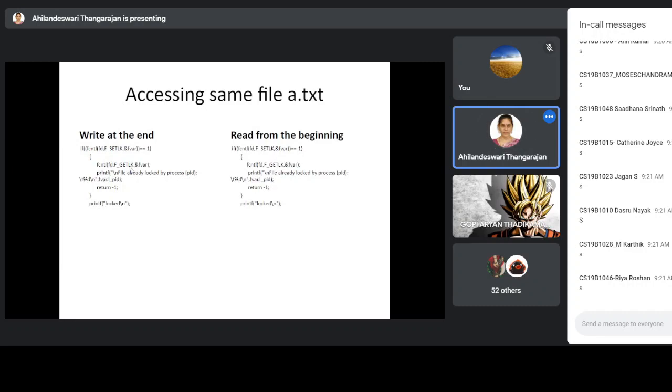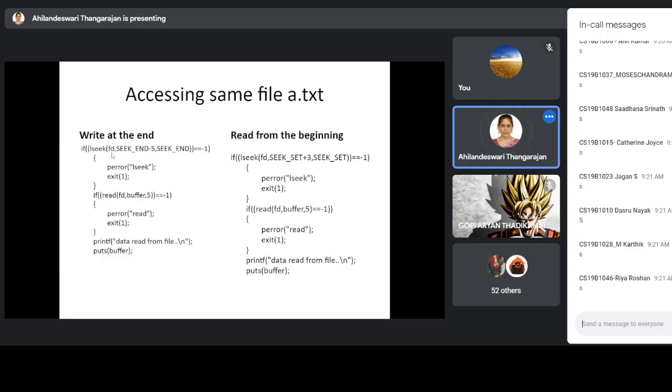Then this is different between the programs, because here you want to acquire a write lock at the end, and this one acquires a read lock from the beginning. See here, seek end, you are moving to the last location. Then seek end minus 5.